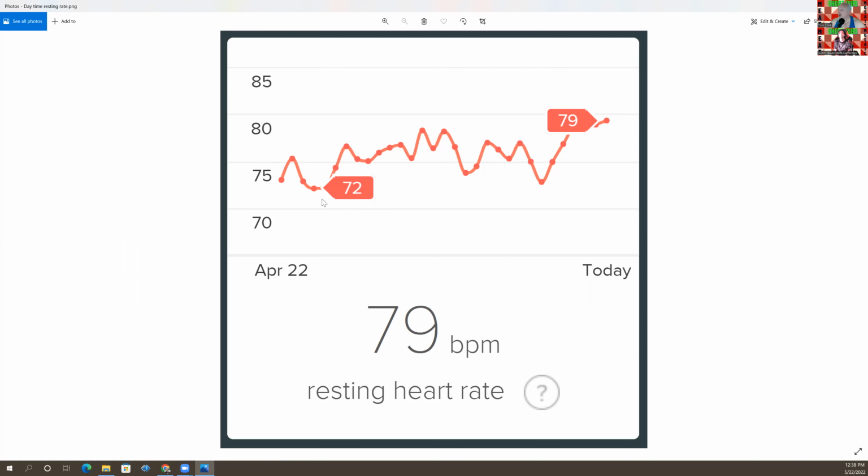I think David Goggins was saying he could get it down to like 42 or something like that. And then Joe, what was Joe's, like 50, 55 or something? I don't know. I thought it was a bit lower than that, but maybe. Yeah, I think it was really close to the 40s. If you're a cyclist, marathon runner, stuff like that, your daytime resting rate is probably going to be a lot lower. And then you can see here's kind of my peak range of just